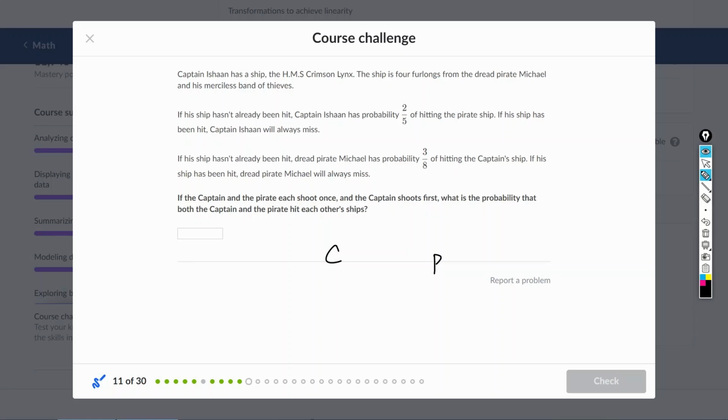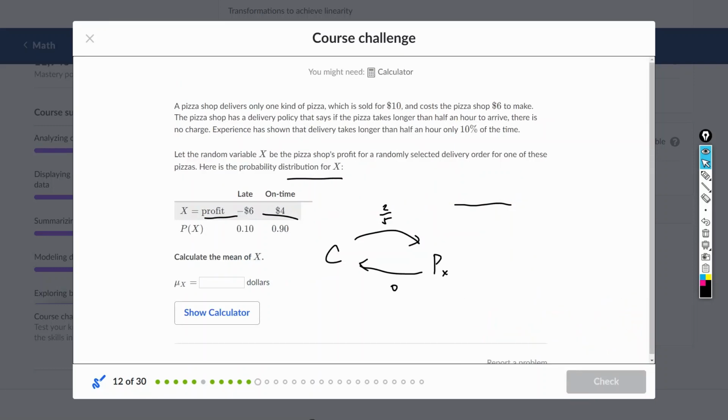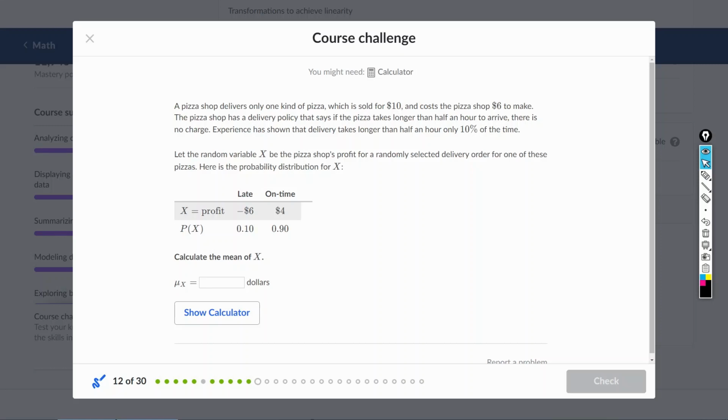If hit, always miss. If the captain and the pirate each shoot once and the captain shoots first, what's the probability that both the captain and the pirate each hit each other's ship? 那么他们都 hit 了，那么第一下他 hit 的话是2/5 hit，然后这个时候他已经被 hit 了，hit 了之后，他被 hit 的情况下，他能够 hit 他应该是 always missing，那应该是0啊。对，这个问题应该是0。好的。